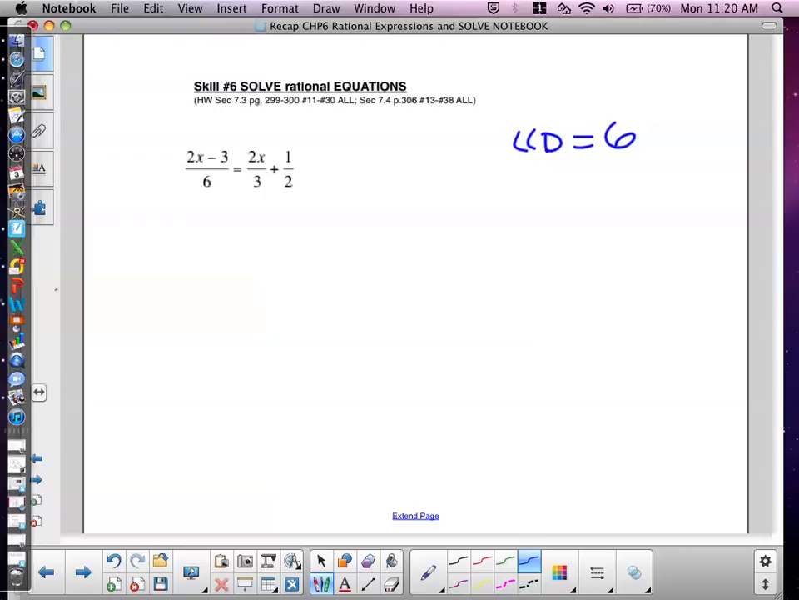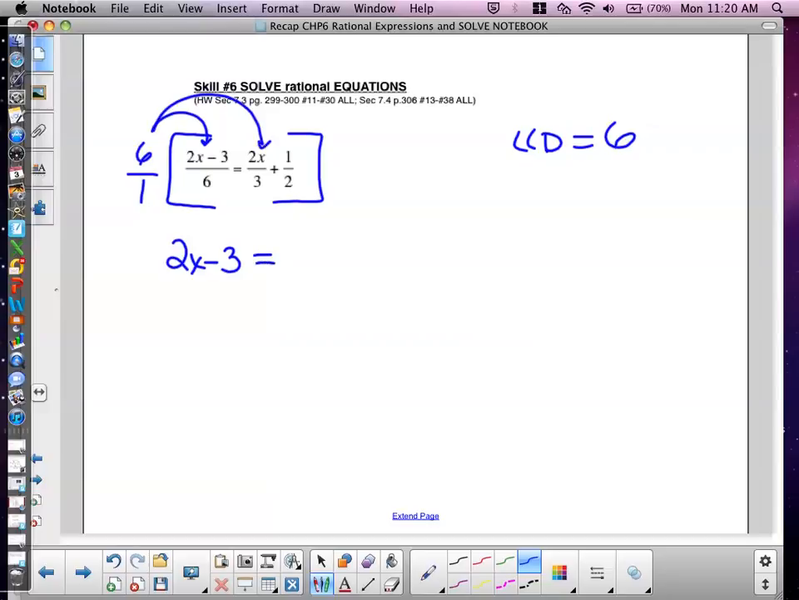the LCD is 6. You bracket the entire problem, and I'm going to multiply each term by this LCD. So I take the first fractional term and multiply it by 6 over 1. Since it already has a denominator of 6, the only thing that remains is 2x minus 3. Next,